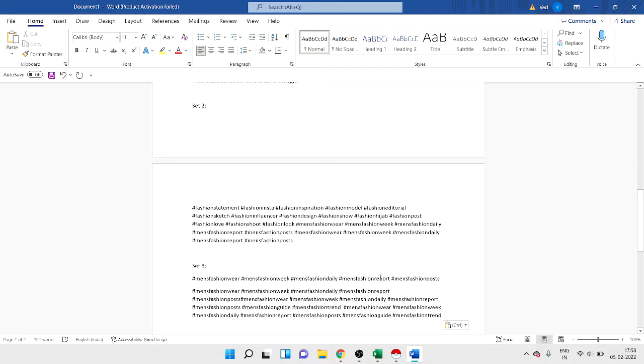In the same way, you can create sets, 7 to 10 of them, and you can use them alternately with your posts, carousels, as well as your reels. In the insights section, you can see which sets work really well, so you can use those sets more often and get better results, and replace the sets which are not working well. Create a group of 4 to 5 that work best out of the 10, and you are good to go